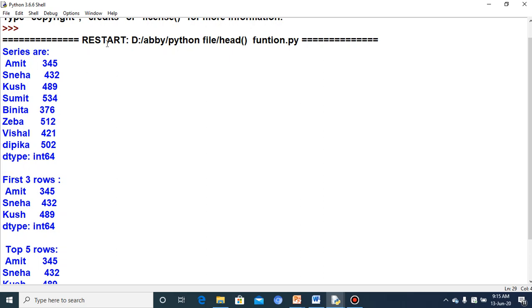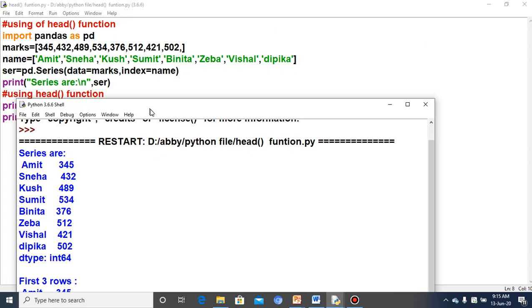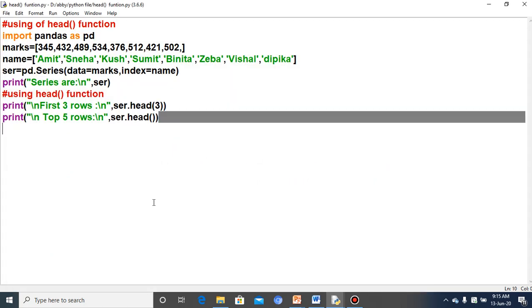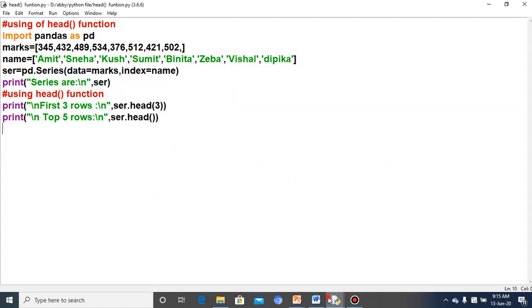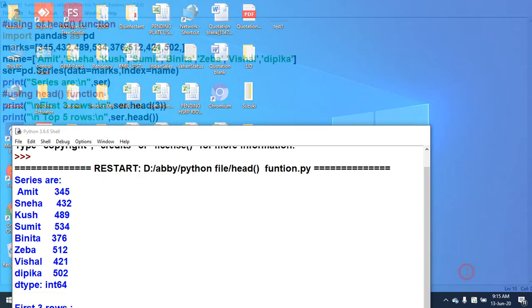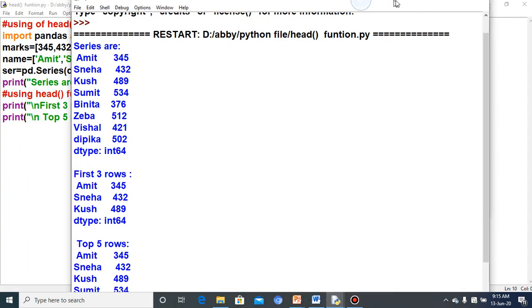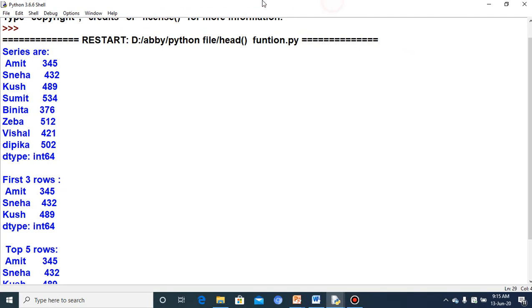And the second print contains first 3 rows as a string. You can see first 3 rows. This will come, and the first 3 rows of SER will return. SER is what? The name of the series. So you can see here the first 3 rows, that is Amit 345, Sneha 432, Kush 489.